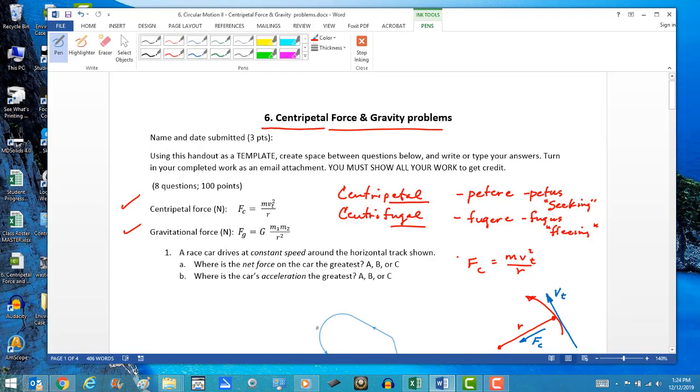Now, some physics books call centrifugal force a faux, F-A-U-X, a fake force. It doesn't really exist. I don't find that helpful because we use the term centrifugal force in our language all the time. So I find it more useful to just approach it from your vantage point. If you're the rock on the end of the string, you're experiencing centripetal force. If you're the person swinging the rock around your head on the end of the string, it's centrifugal force. And since the symbol is F sub c, we can make it stand for either one depending on the